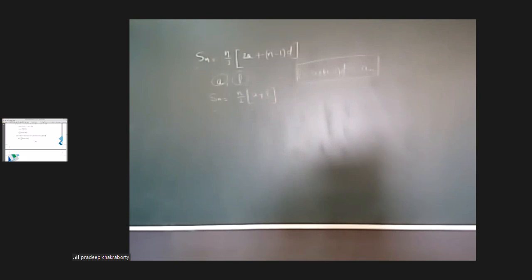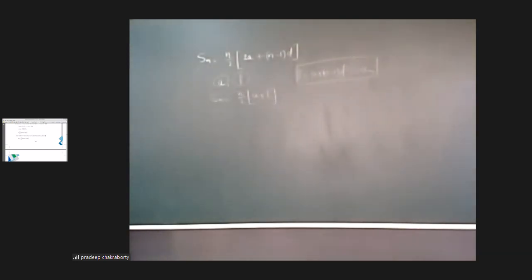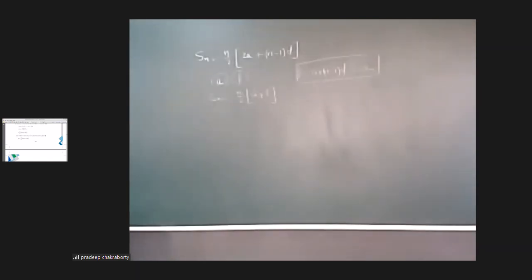सर L इज इक्वल्स टू क्या लिखा है राइट में? दिख नहीं रहा है वहाँ। Yes, what are you saying? वो राइट में क्या लिखा है? L इज इक्वल्स टू। That is L equal to a plus n minus 1 d. Okay, ये रिफ्लेक्शन हो रहा है। सर रिफ्लेक्शन आ रहा है। Okay, so that part.